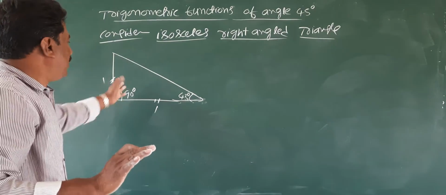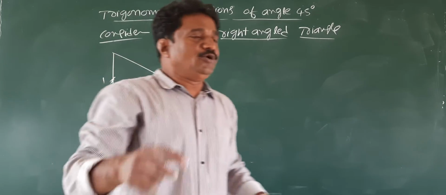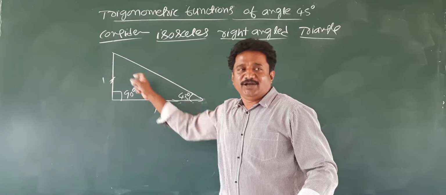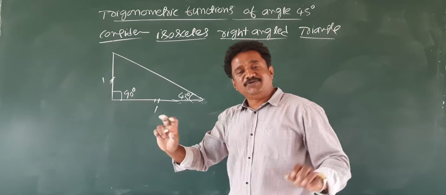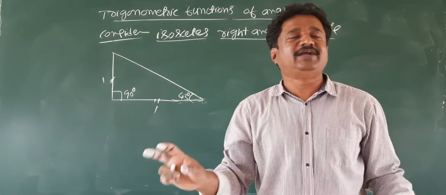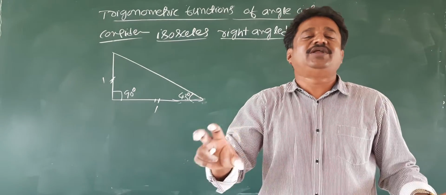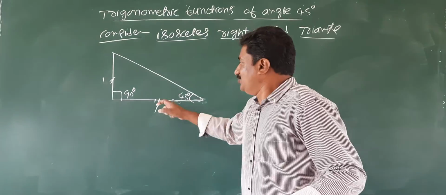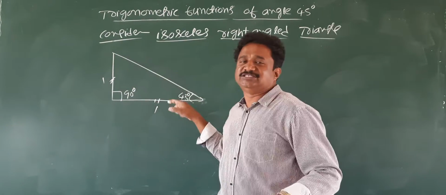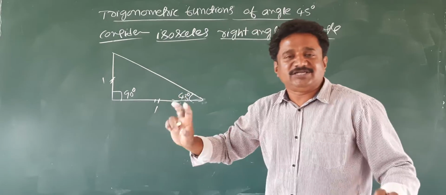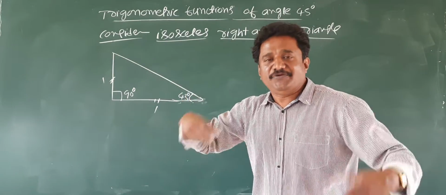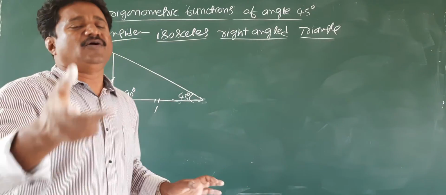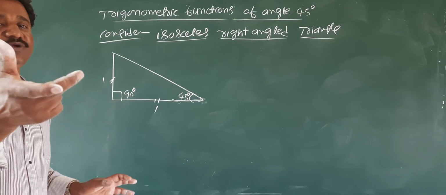Now apply the Pythagoras theorem. You may have this doubt: sir, why should we take 1 only for these two sides? You can take 2, 3, 4, whatever it is. Whatever you take, you are going to get the same answers. Answers will not depend on the number which you choose for these sides. Answers will not change even if you change these lengths. Okay, students, if you have a doubt, you try, or otherwise message it to me or call me.